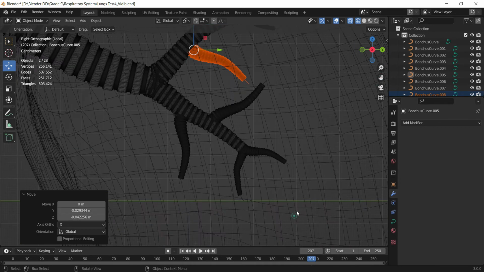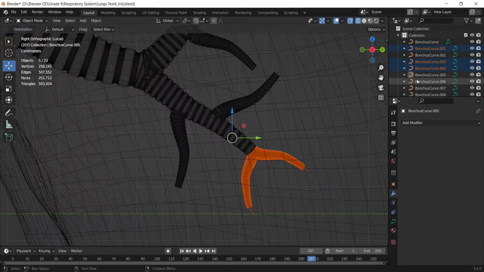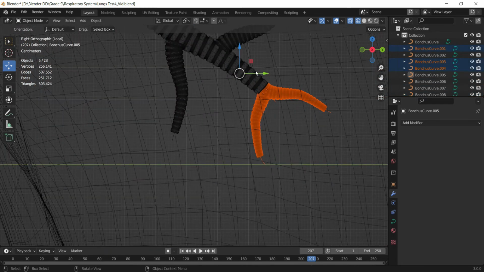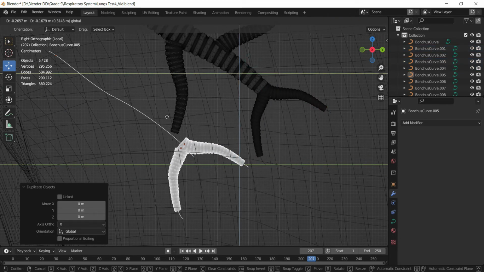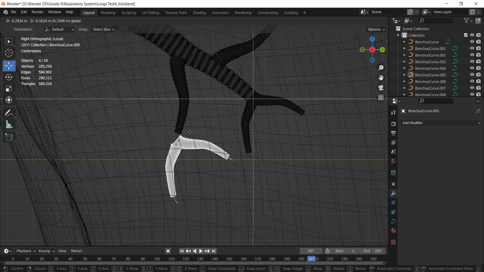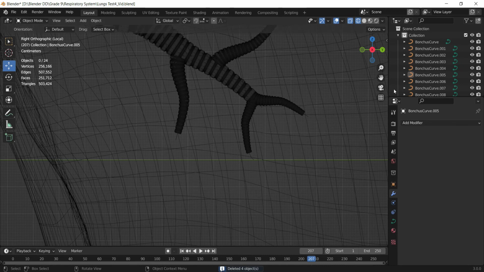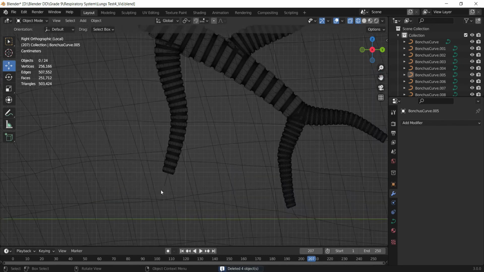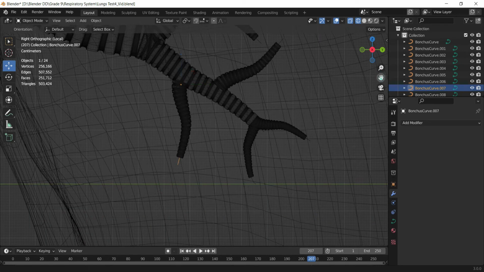Then what I can do is select these two except for the lung. Not right now. First I'm going to change their shapes.